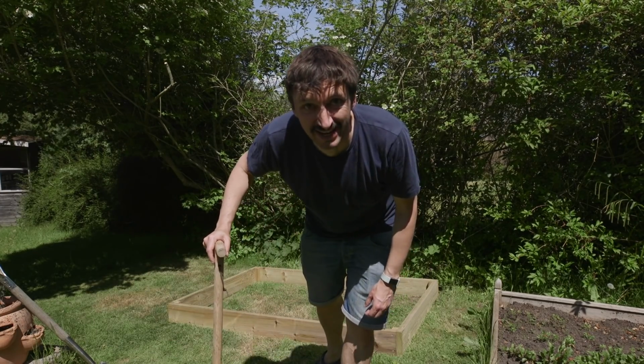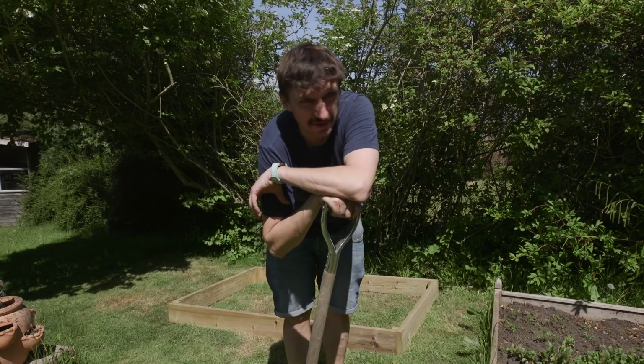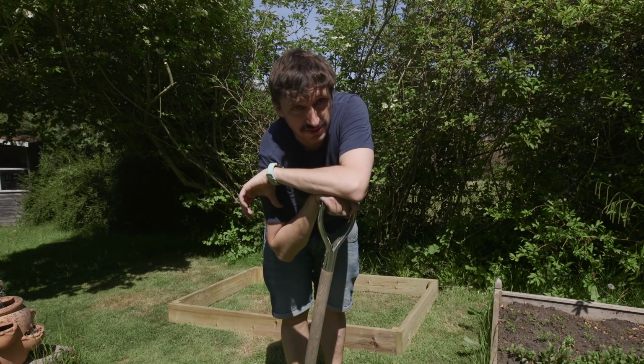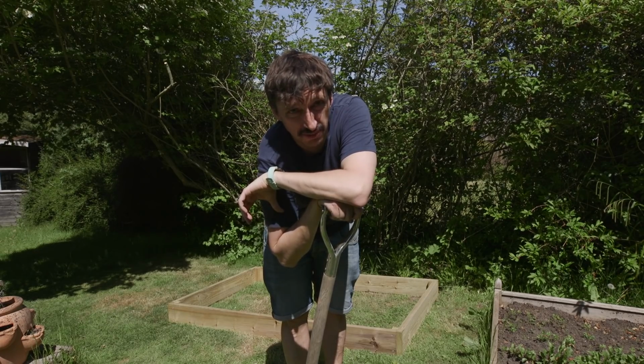Nah, that's not working. No, I'll be honest with you, the ground's too hard. I should have soaked it for a bit now. It's too hard to dig. I can't be bothered to soak it, so I'm just going to put the topsoil on top of it, which you're probably not supposed to do, but